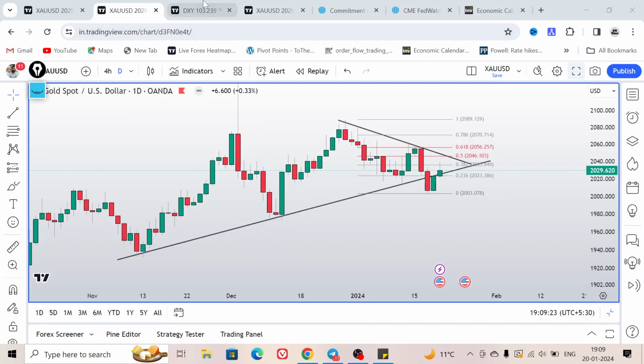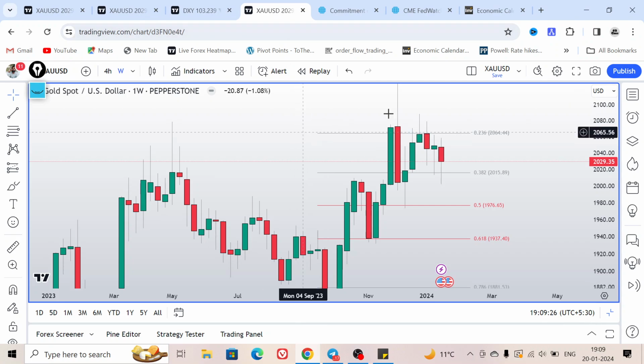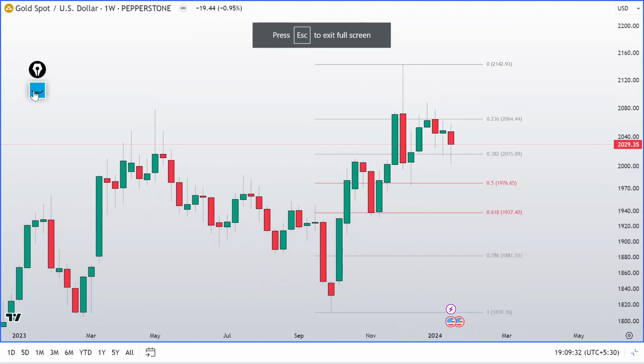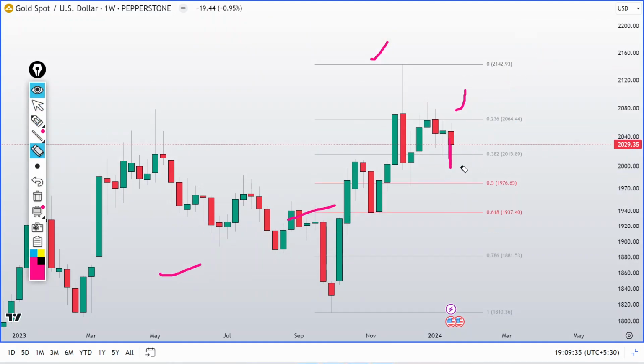trading sessions. Also, if we check the weekly candle, the shape and the price action on the weekly time frame, you can see that this was the previous week candle, and we already saw the rejection on the previous week, and this week they broke down the low from the previous week, but price closed above the previous week low. So it is still an inside formation, and it is showing some sideways type of movement as per the price action, and we already saw